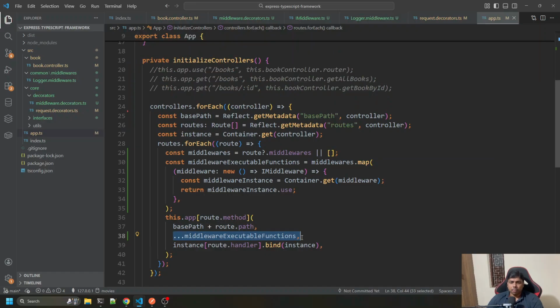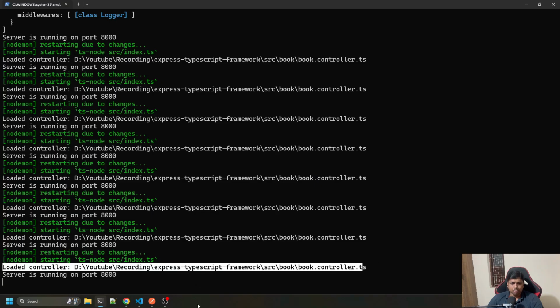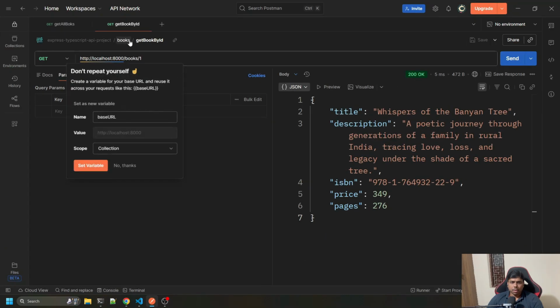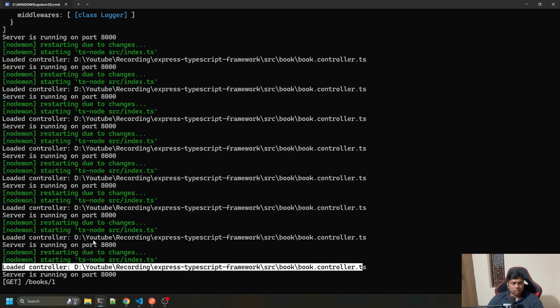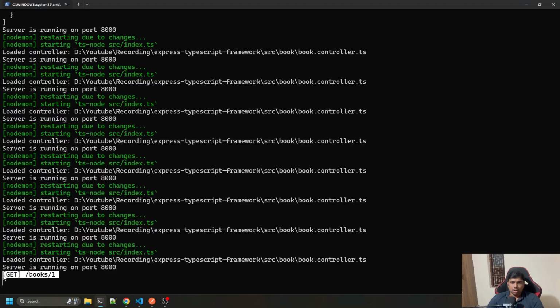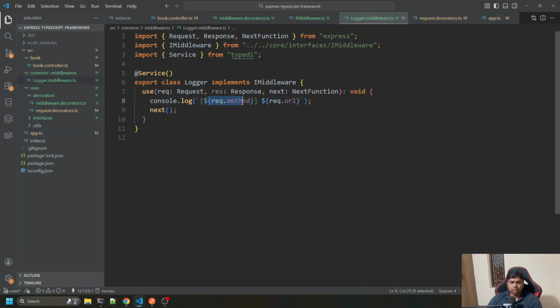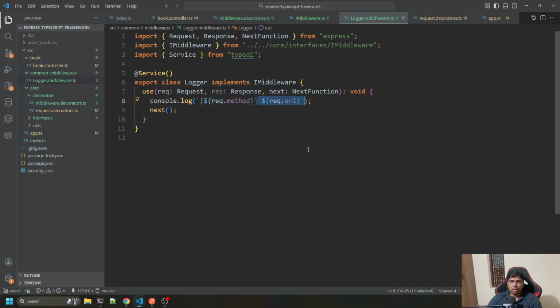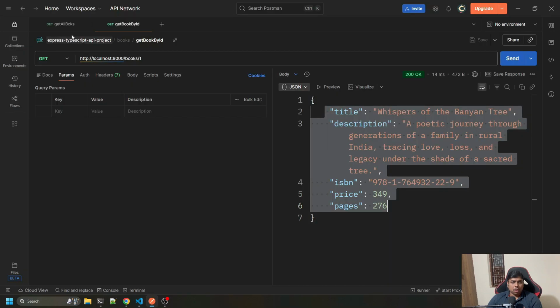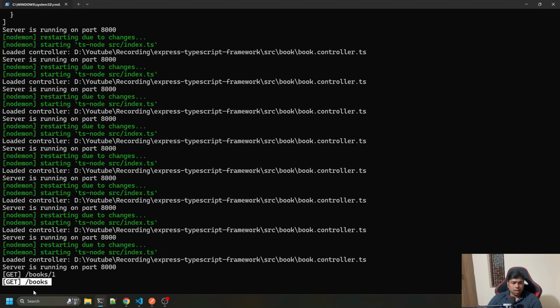So now the moment of truth. This is loading, the controller has been loaded, right? Now I will open Postman and I will send a request. We got something back. Now let us check our console. See here, this is coming from the log middleware, right? So I'll show you the log middleware again. What this is doing, request.method. So that is the request method, GET, and the URL, right? So if I run get all books, if I open this one, this is still GET and slash